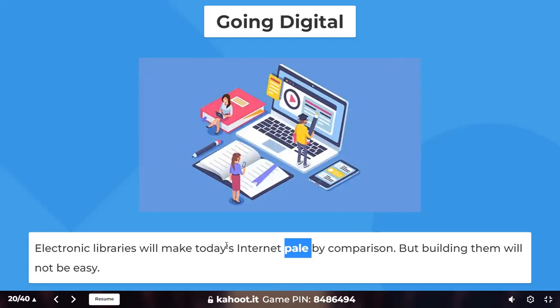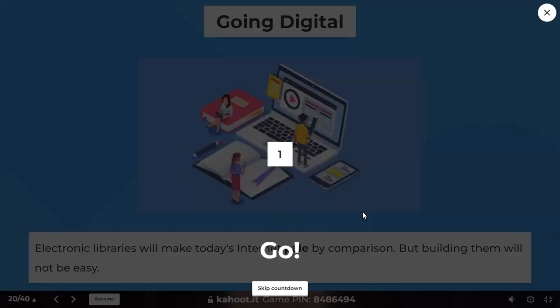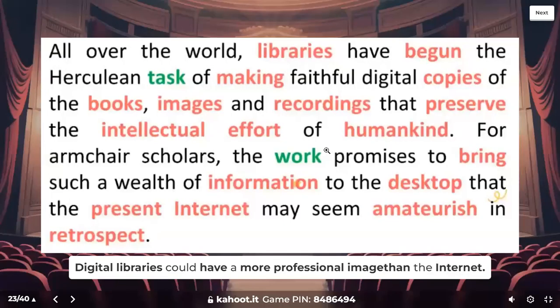But here he said, if we compare them, the display of the internet will be pale on the screen, but the display of electronic libraries will not be pale. Now this is the comparison that the writer is making, and here you can infer that the display of electronic libraries is a professional one, and the display of the internet will be amateurish. Amateur is the opposite of professional. Now, this is why, guys,